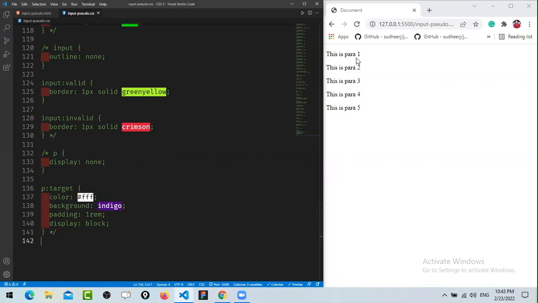Tell me one thing, from the top, if I want to target every odd number, alternate, what can we do? Nth child odd we can apply. Every second element we can target by using nth child even. First target the third one, then apply alternate, or if you want to target each and every element thereafter, that also we can do. But I'm saying I want to target each and every paragraph except the second one. Then